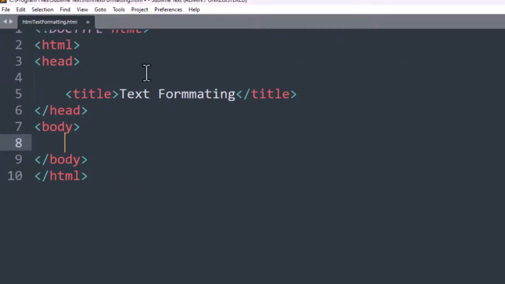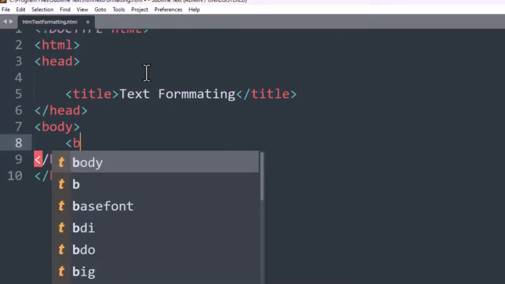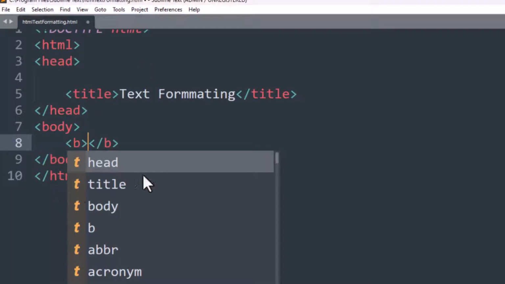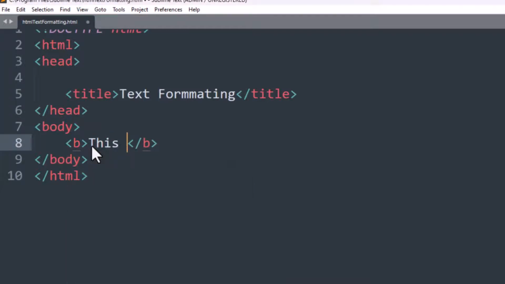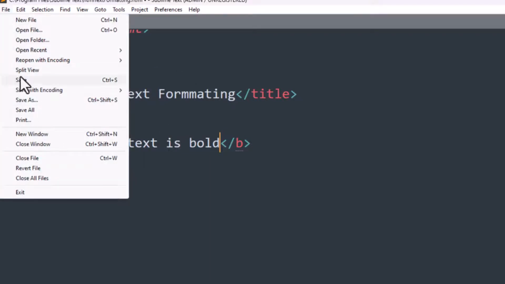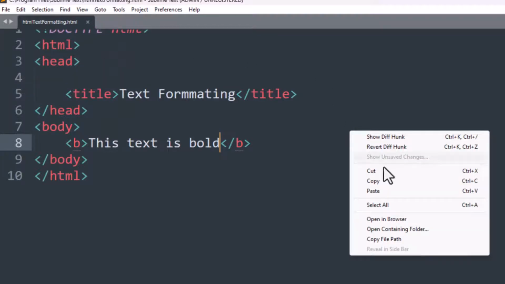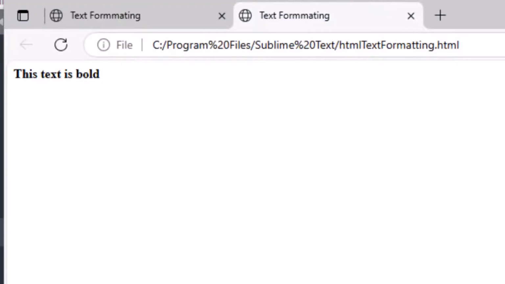So I'll start off by this B, then this B, then in between I can write this text is bold. So let me run this and check whether it's bold. Make sure you save it first, then open in a browser, and you can see the text is actually